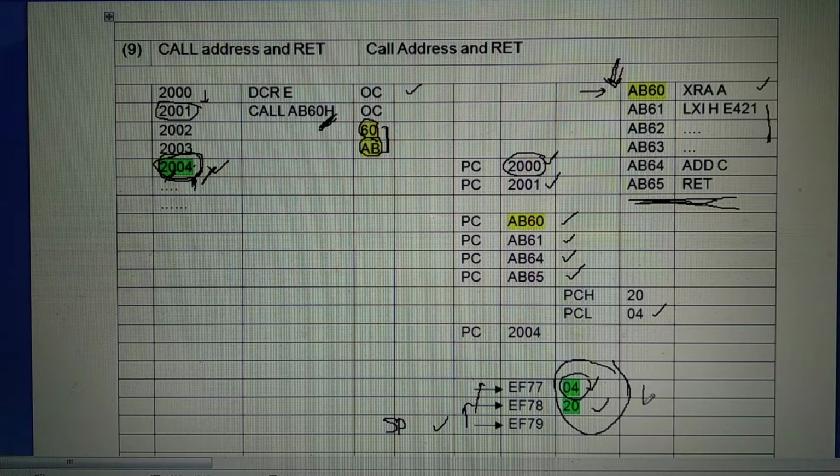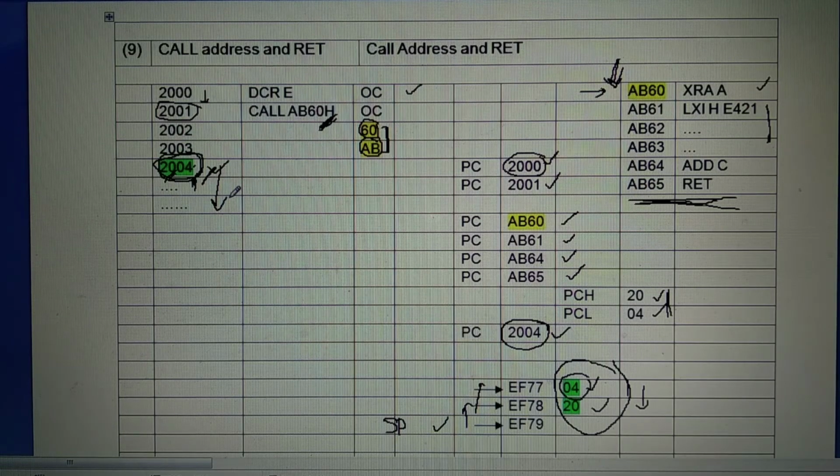Again the stack pointer increments by 1, and whatever number is there at EF78 goes to the program counter high. Now the program counter points to memory location 2004. As the program counter has 2004, the program again starts executing from memory location 2004.